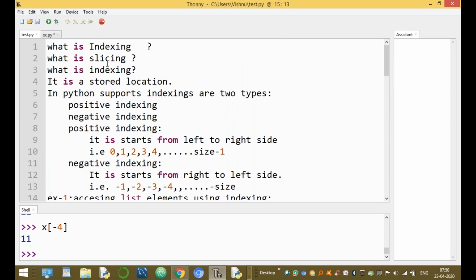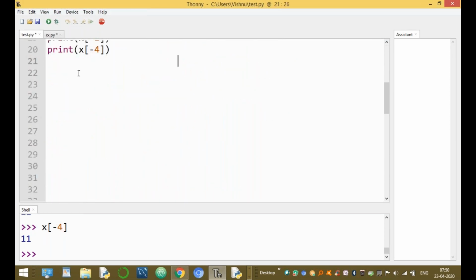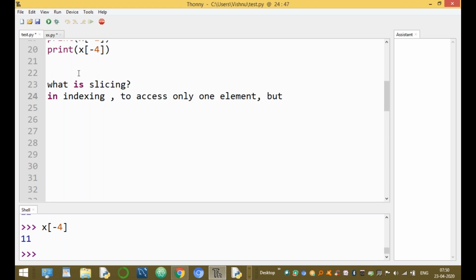The next point is slicing. What is slicing? In indexing, we are accessing only one element at a time. But if you want to access more than one element, we can use the slicing concept.